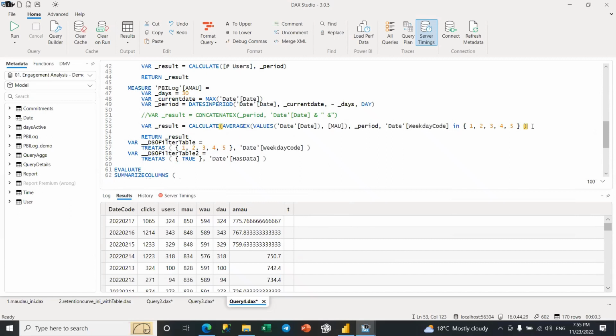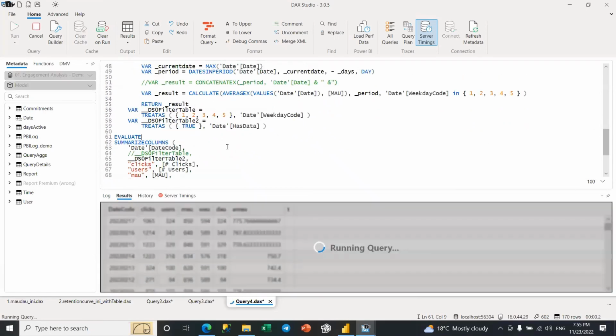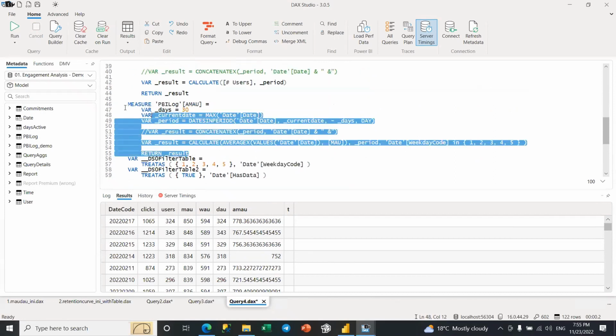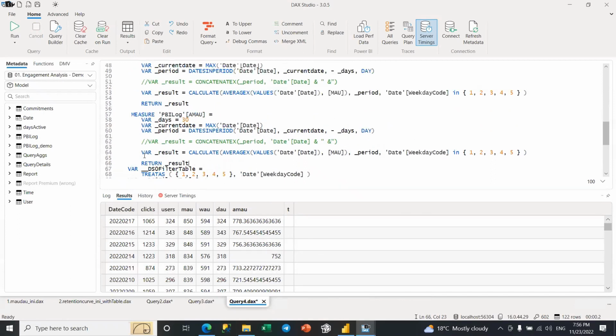Okay, so let me just see if it's closed. Let me just run it. Everything is fine. Let's run it. Okay, so nothing has changed. But if I go back and I remove this, nothing has changed here. Okay, so look, this is exactly what we wanted to do. Now we can just copy and paste. Now you can really see that this is removing the weekends.